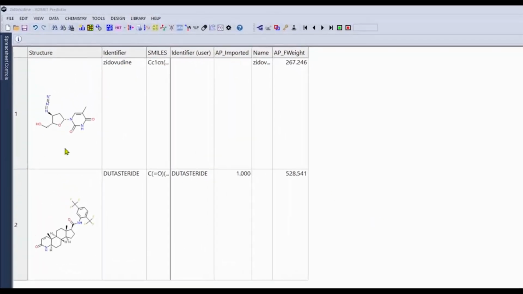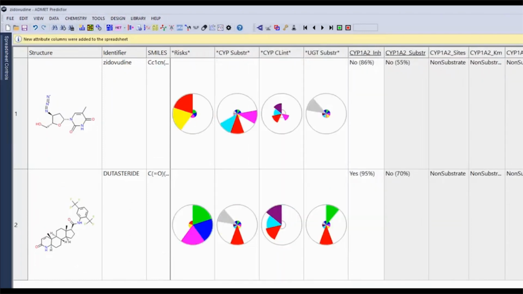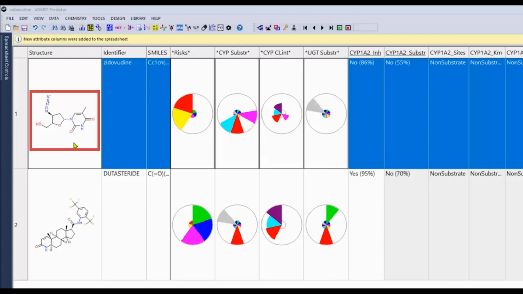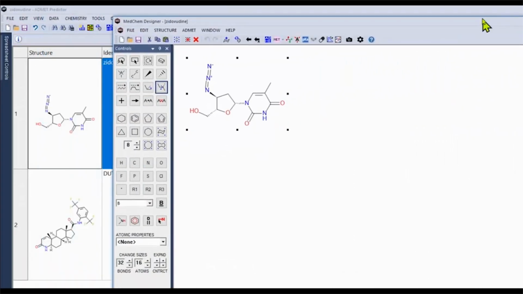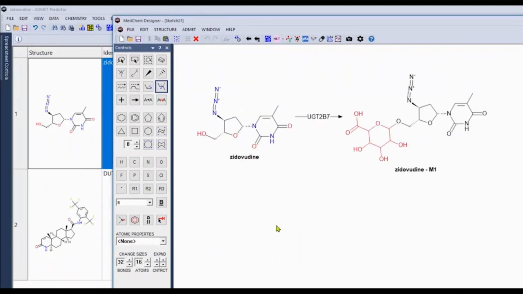So here I have 2 molecules. I'm going to go ahead and calculate ADMET properties and then go into the metabolism tab here. And we see we have UGT models here. For the first one, it predicts only one of the 9 isoforms, UGT2B7, to metabolize this compound. So that's all fine. If we double click on this to bring it into MedChem Designer and then go under the Met button here and click on UGT, it will add a glucuronide to the OH here to form the